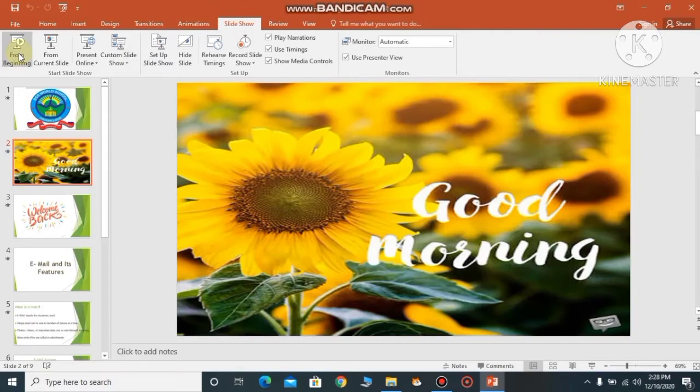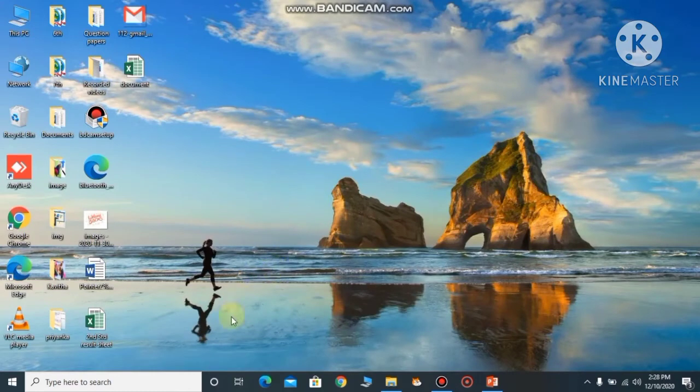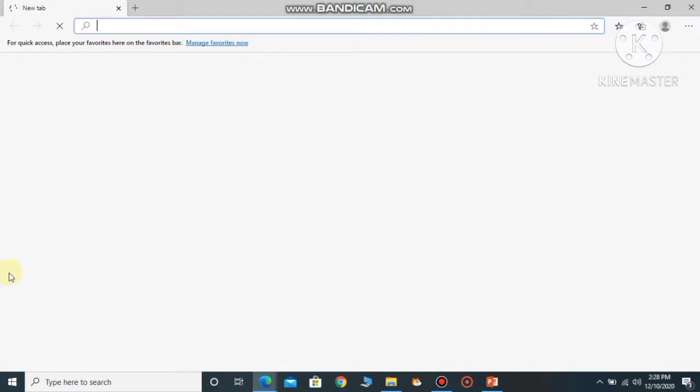So I'll just come back from the screen, just minimize it. Open the browser, whichever browser it may be. Here, I'm going with Microsoft Edge. So open it. And before that, you have to make sure whether your system is connected to the internet or not. You can do it only if you have an internet connection, and the connection should always be stable. Okay, so this is the browser.